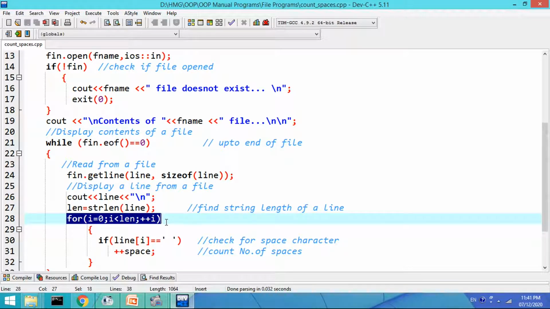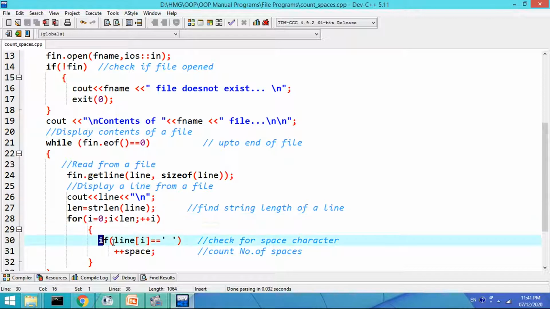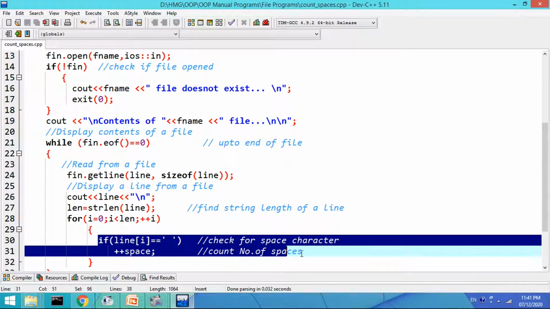So like this the loop will move from the first character to last character within the line, and each character will be checked whether it is equal to a space. So if line of i is equal to space, means line of i indicates a single character in a line, and if it is a space, then this condition will be true, and then we will increment the value of space variable, ++space.